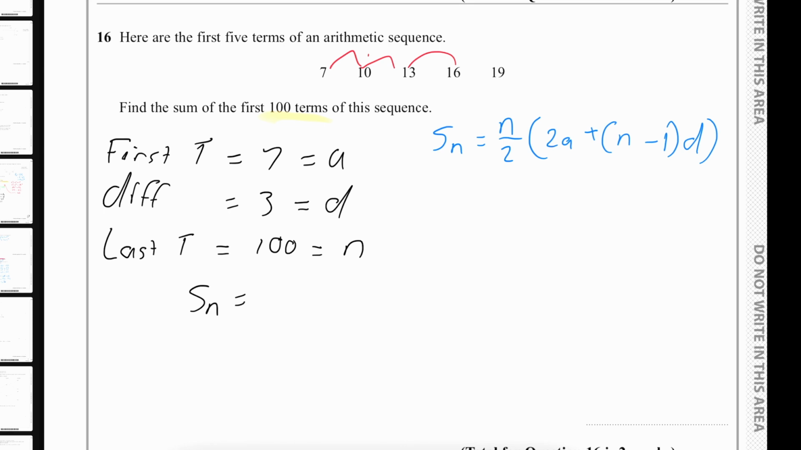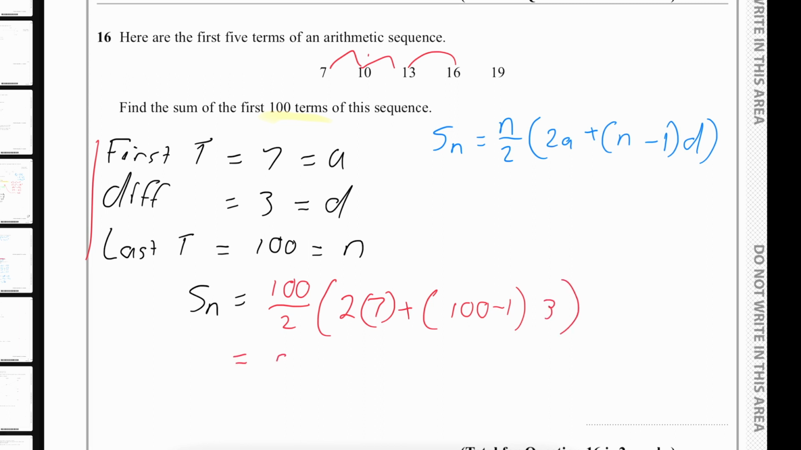So from that point on, I'm just going to be plugging in the values. That's why it's so important to write all your information out. From this point, you don't even need to think, you're just plugging it in. So it's n over 2, so that's 100 divided by 2, in brackets, 2 times 7 plus bracket n is 100 minus 1, and my d is 3. Now that I've got all of that, 100 divided by 2 is 50. In my brackets, 2 times 7, 14, plus 100 minus 1, 99 times 3, we get